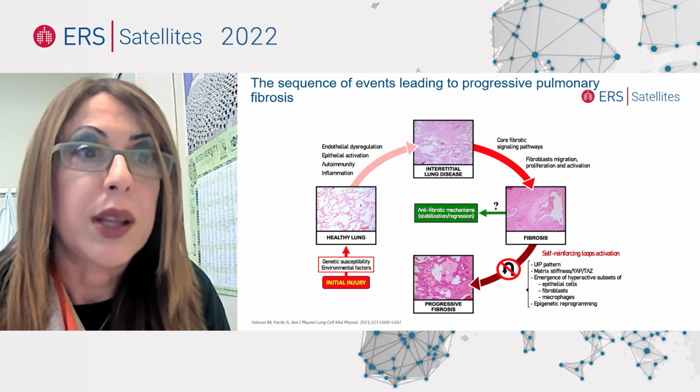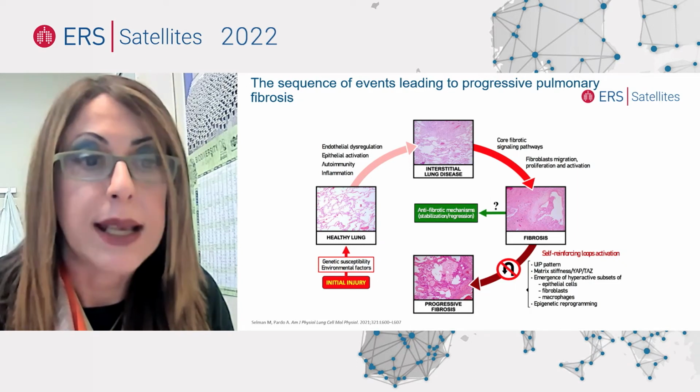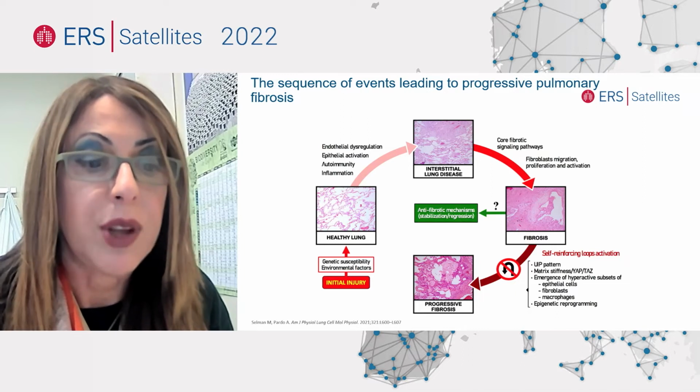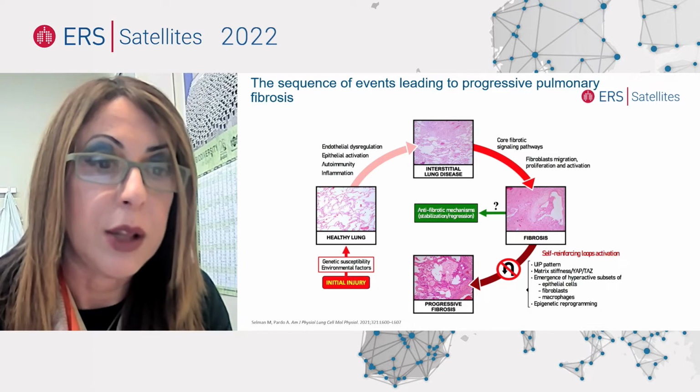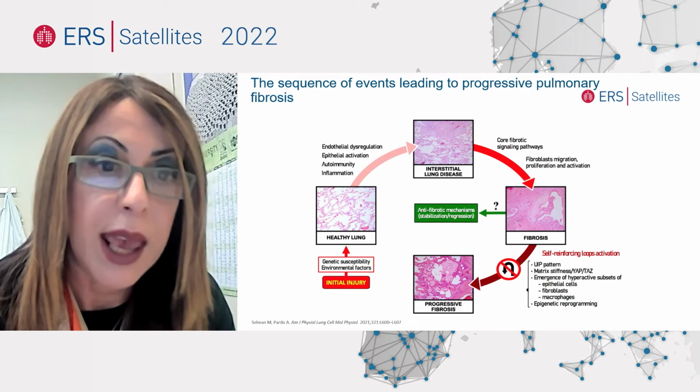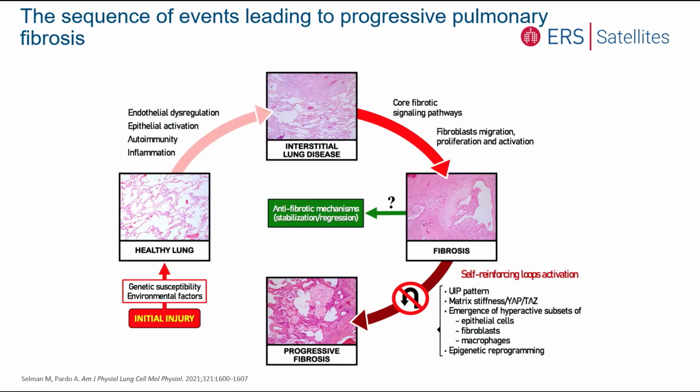What do we know about the molecular pathways? As Raphaël told us, after an initial injury in a genetically susceptible individual, but also, of course, with environmental interaction, we have the assessment of ILD, the progression to ILD, and this is a sustained injury. However, with the progression of other factors, such as smoking, we would have the development of the